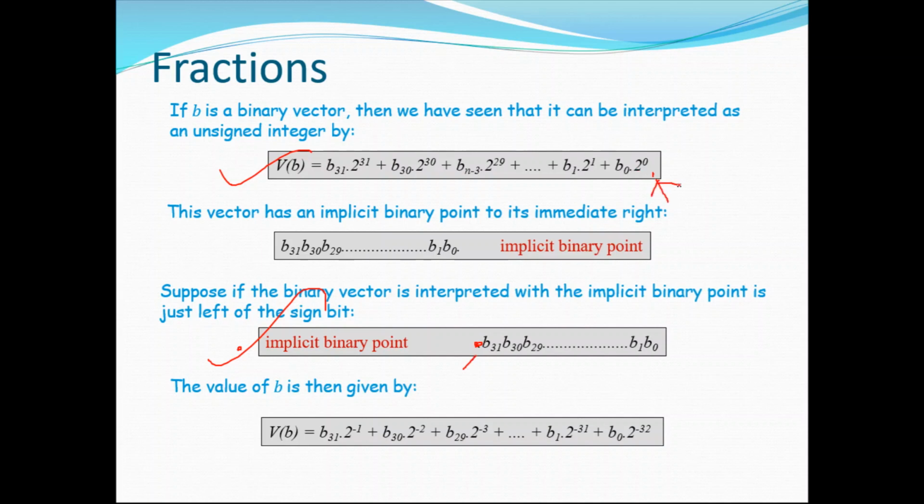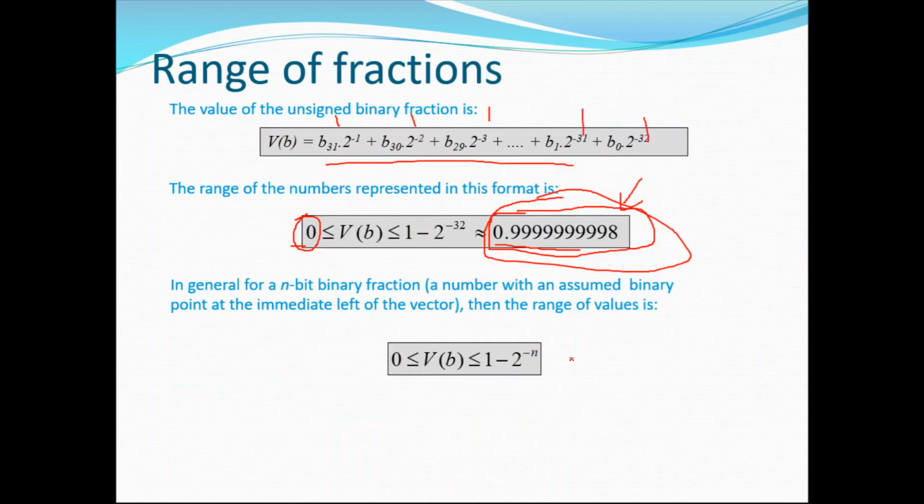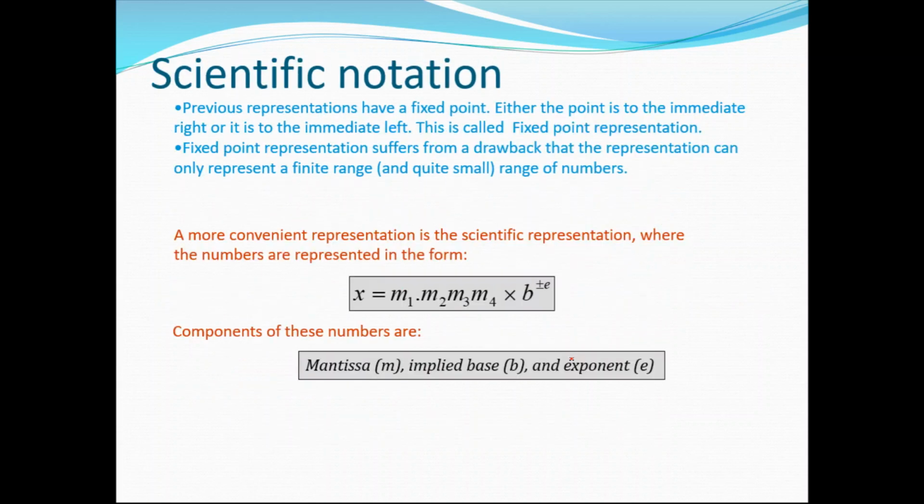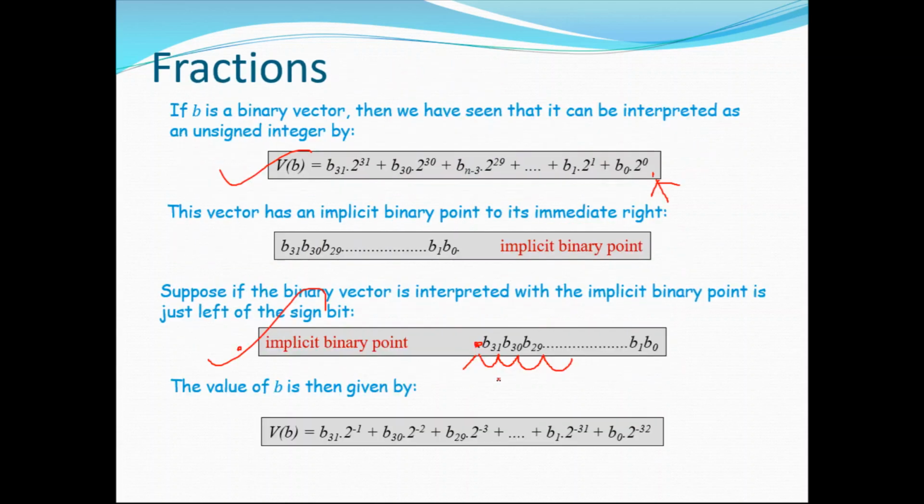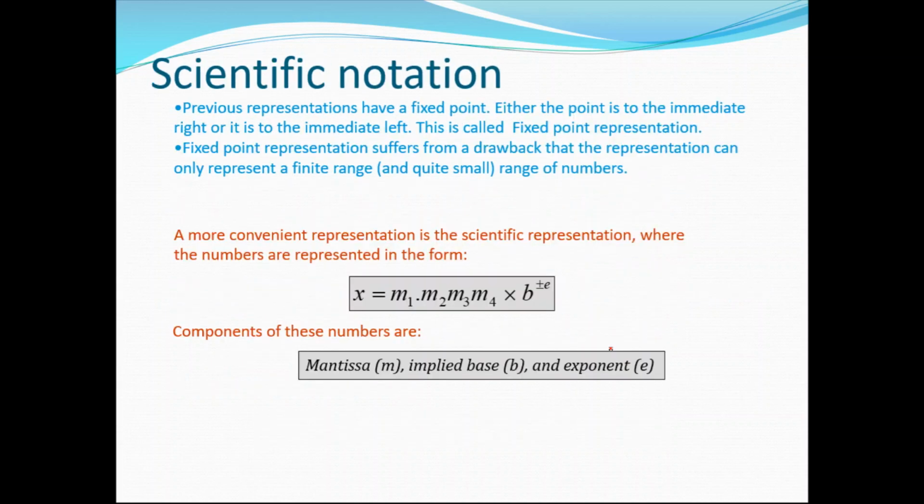Okay, so we are going for the next style of representing, by which this binary point can move from one position to another position, so that the range of values that can be represented can be increased, right? Such numbers are called floating point numbers. So what is a floating point number? This binary point can move to different locations depending on the number to be represented. Accordingly the binary point can be placed. As the binary point is moving, they are called floating point numbers. The binary point is floating from one location to another.